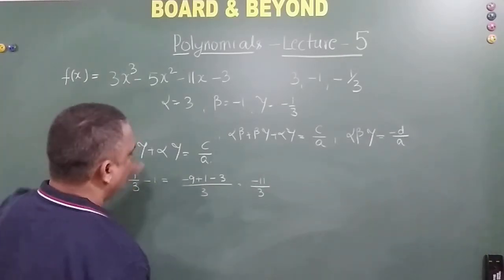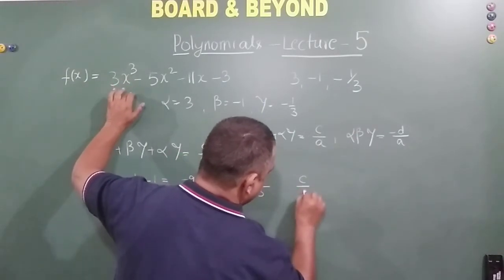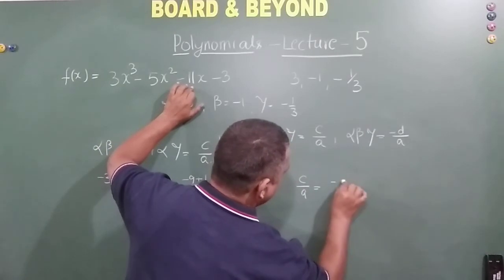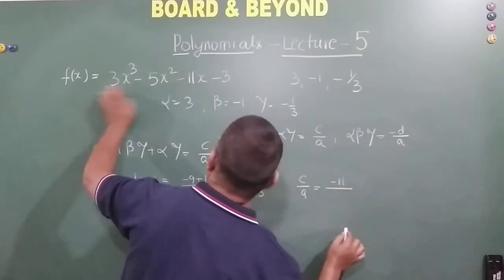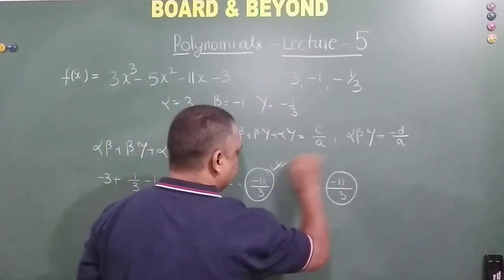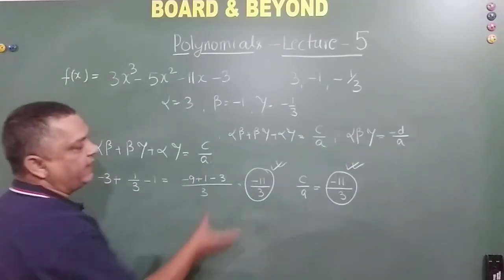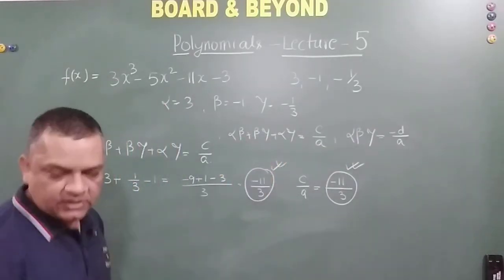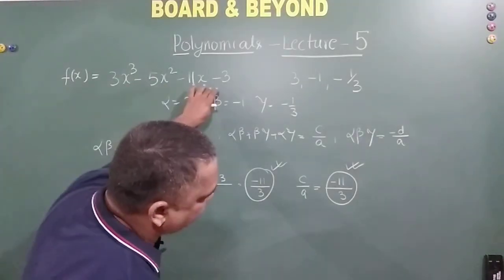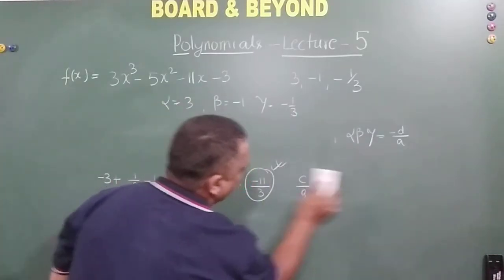Now look here, my friends, in the original equation, c by a, how much is c? C is equal to minus 11, right? A is how much? 3. You see this value and this value, both are same. So we have also verified that alpha beta plus beta gamma plus alpha gamma is equal to c by a holds good for this cubic polynomial, right? So since we are done with this, we will remove this as well from the